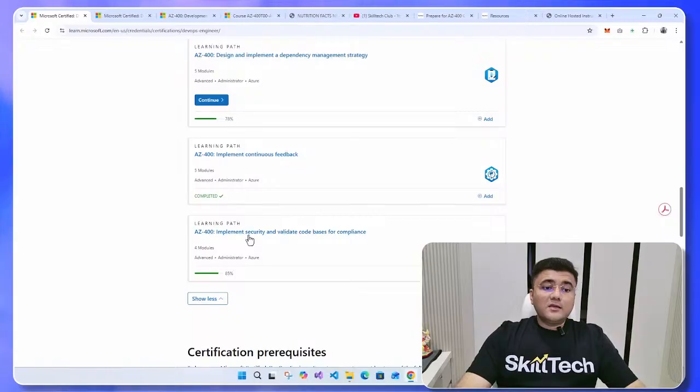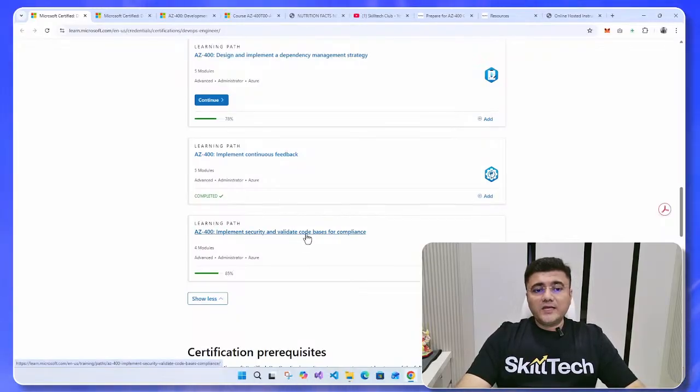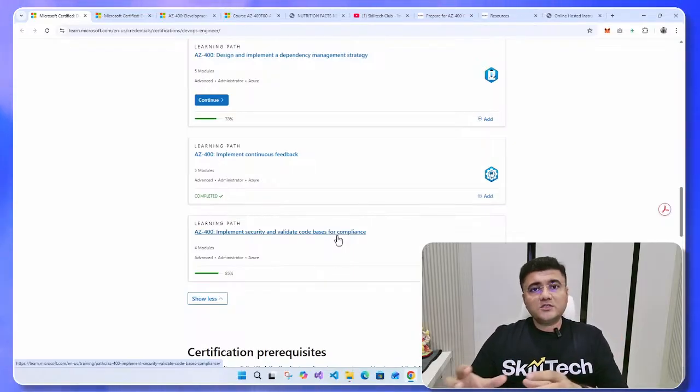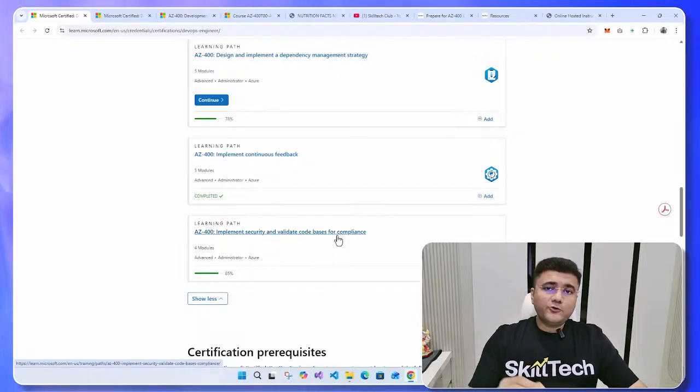After all these things, the last module is basically focusing on implementing security and validating code bases for compliance. And this is the last module of this course. Now, all these learning paths are combinedly going to give you an end-to-end solution for managing your continuous integration and continuous delivery of value to your customer.